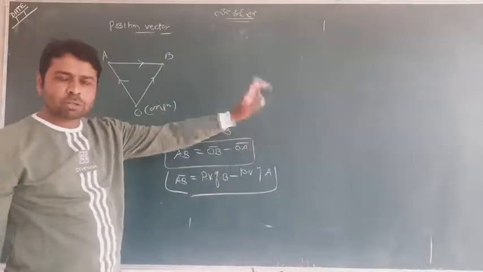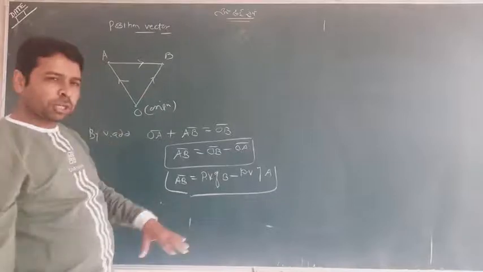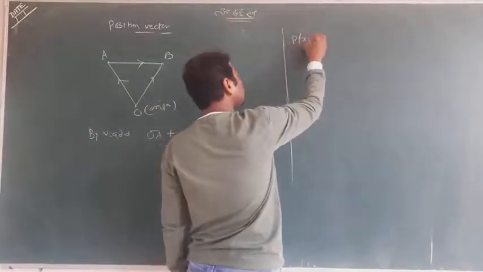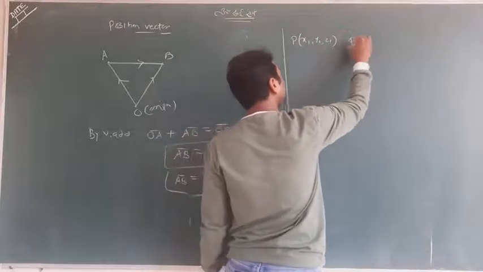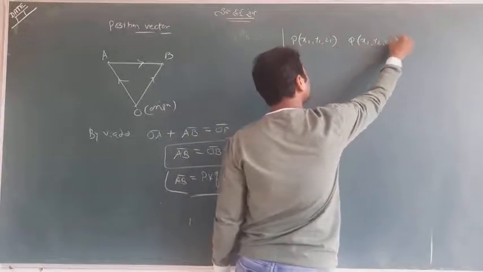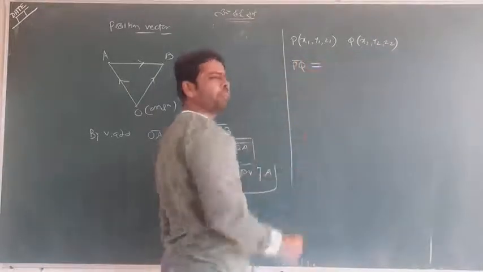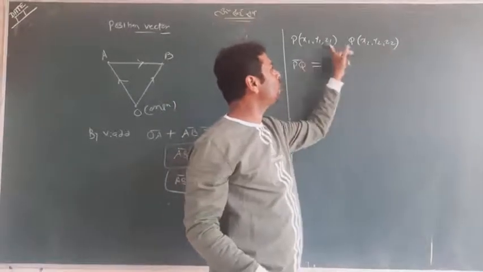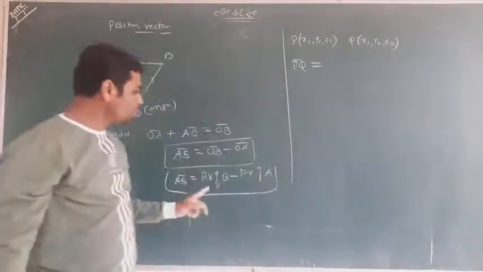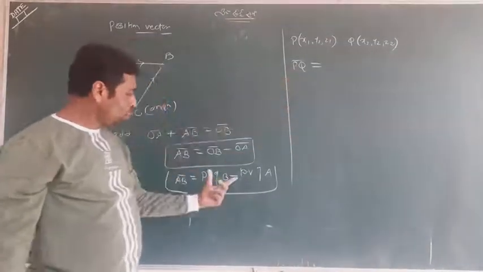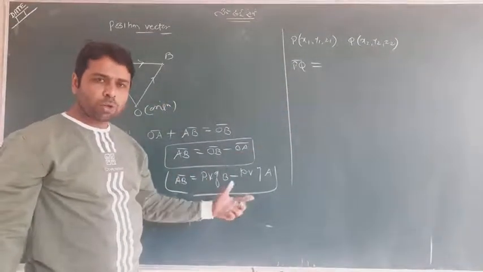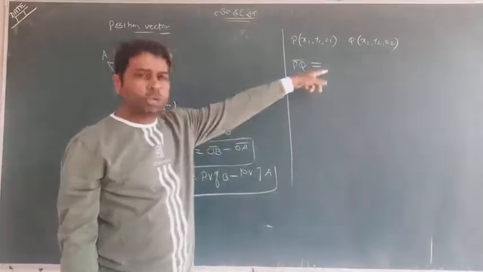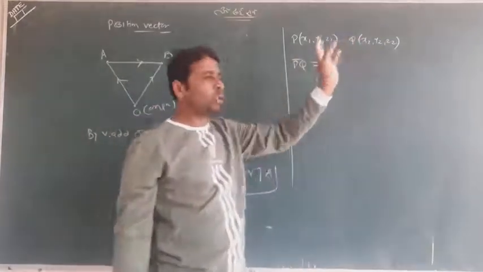In the last concept we saw the same thing with the big picture. I also could teach you by the simple method. Suppose P was x1, y1, z1 and Q was x2, y2 and z2. I taught you what PQ is. You form the formula (x2 minus x1) i plus (y2 minus y1) j plus (z2 minus z1) k. But besides that, you can also use this concept. So PQ is equal to, I'm telling you the short method for derivation. Otherwise you can use directly what I taught you, this minus this, use ijk and get the answer.